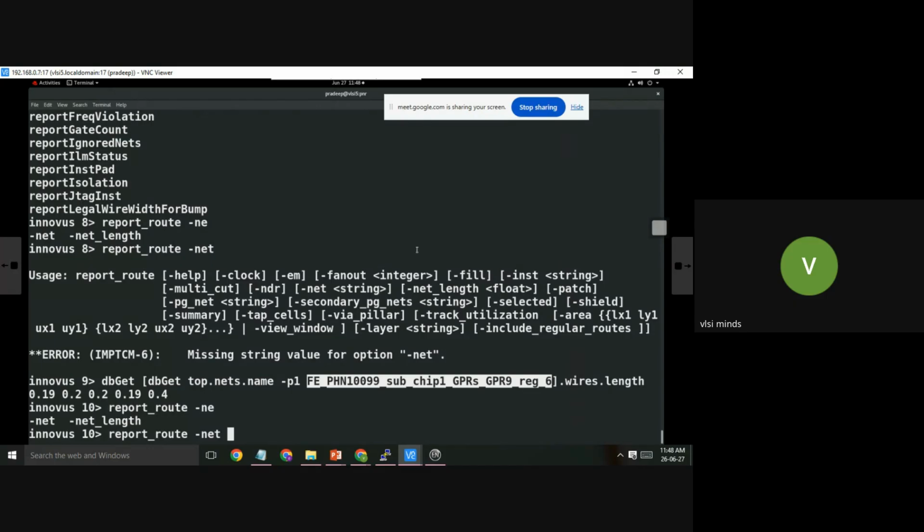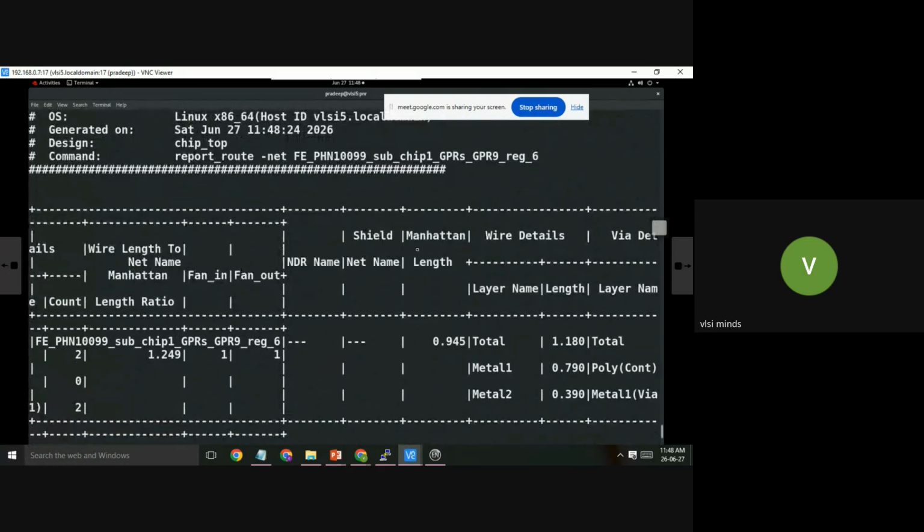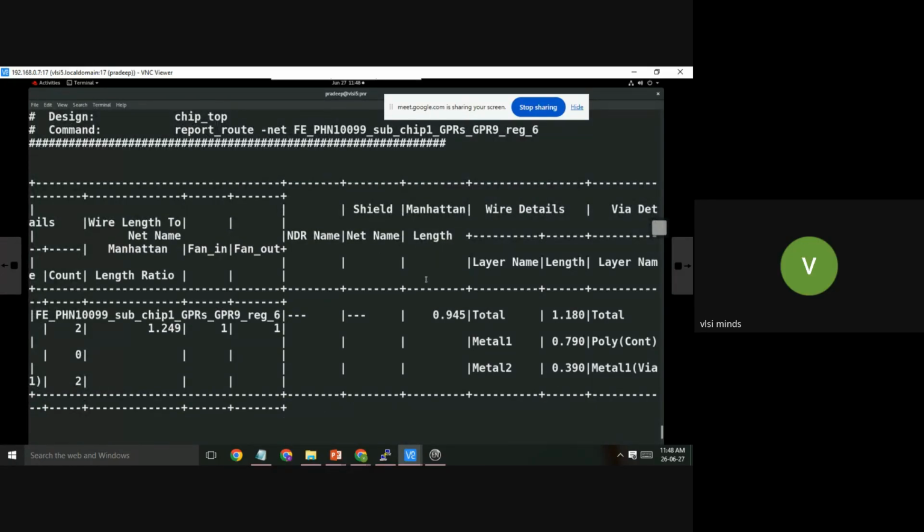This command will give you all the split up. In total it has two layers, M1 and M2. M1 is routed for this many micrometer and M2 is routed for this many micrometer.